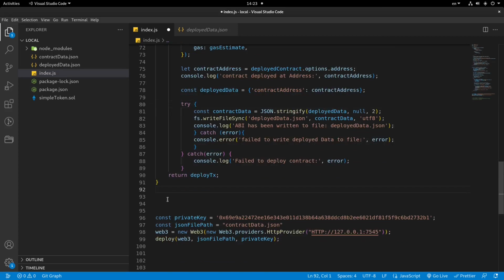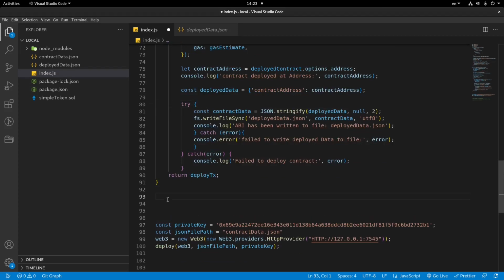We will get into the test nets as well, but for now it's safer to first test our code on the local net, make sure our code is correct, and then continue with the process. So now we're going to